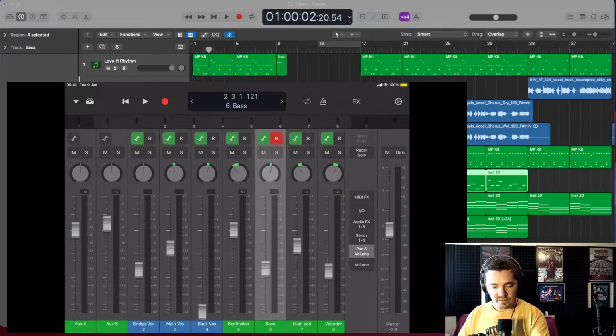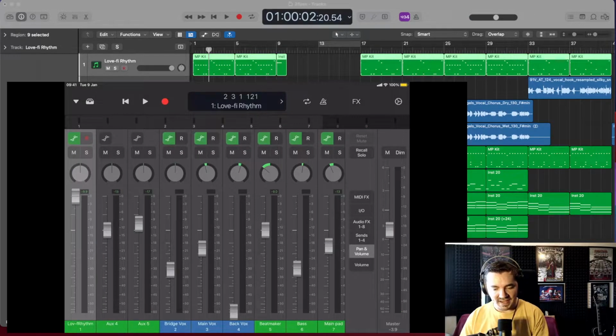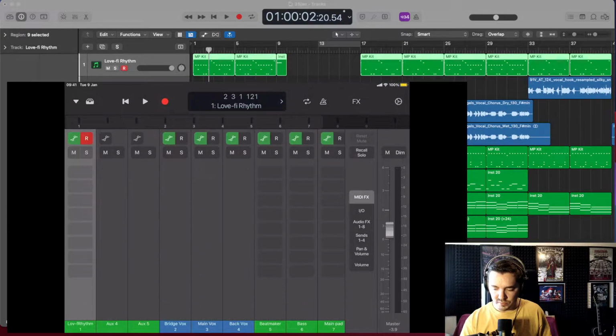From here, you've got all the panning, the muting channels and the soloing channels, record enabling, and the automation, and all the sort of easy access stuff that you would expect from the mixer view. So that's pan and volume on the right here, but you can also control the MIDI effects,